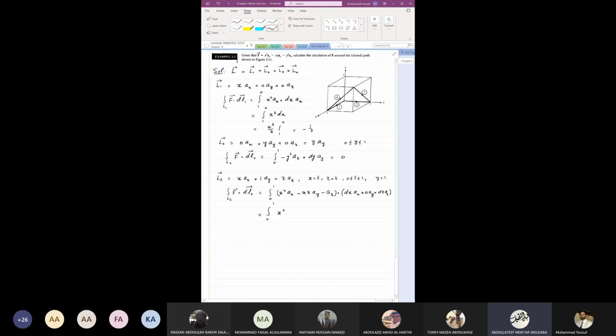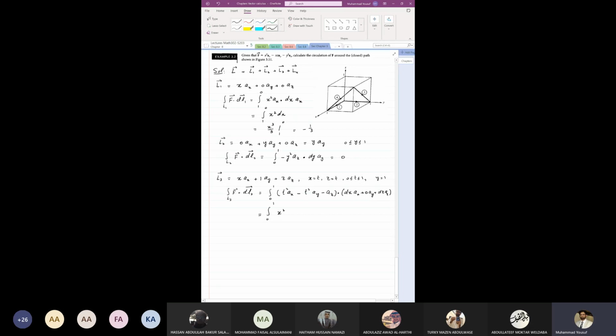We make it two integrals. Parametric. You see, x and z have the same limit, so we can convert both into parametric form. Then we can replace x square by t square, and x multiply z: x is t, z is t, so this is also t square, and y is 1.